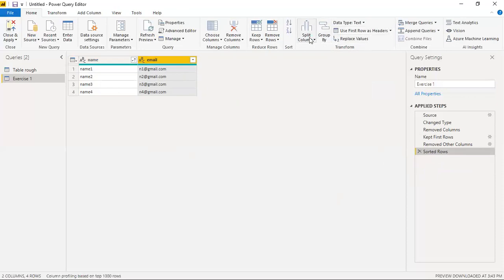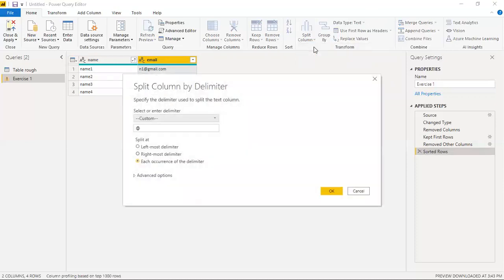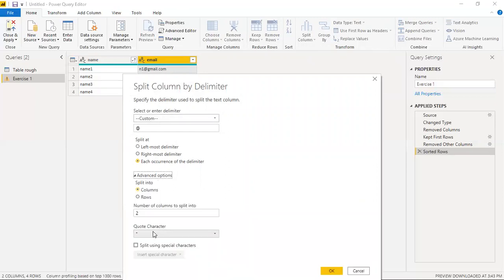Let me again split it, and this time we want to split by non-digit character, again, okay. And we want to go for the advanced option, okay. So we can choose quotes. We can use the number of columns you want to split into, the number of rows and columns you want. And again guys, same thing is there. Custom is there. Whichever comma, equals sign, semicolon, space, whatever you want to use. Again, I'm using at the rate only because I want to select at the rate only, okay.